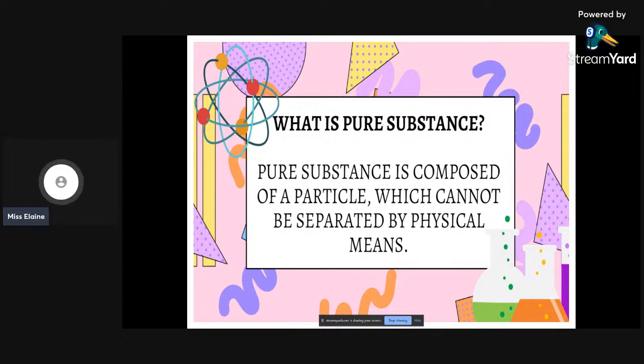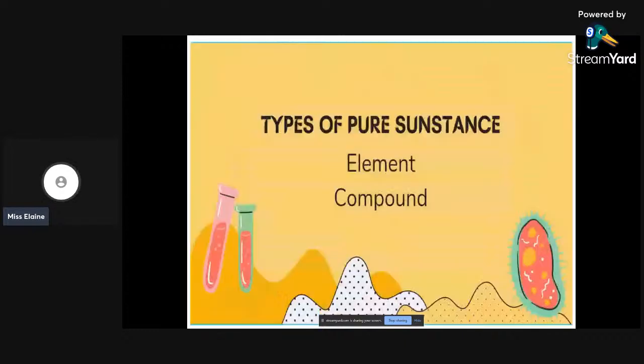For instance, you are cutting a piece of cloth. It is one example of a physical change. Even though the cloth's shape and size change when it is cut, it doesn't mean that it creates another substance. It is still cloth. That's one example of a pure substance.